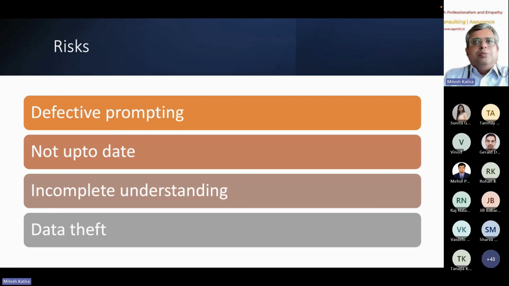रिस्क ऑफ डिफेक्टिव प्रॉम्प्टिंग, गलत प्रॉम्प्ट देने से गलत आंसर आएगा। नो अप टू डेट, sometimes the AI is not up to date. जैसे चैट जीपीटी फ्री जो है 3.5, वो सितंबर 22 तक अपडेटेड है। तो आप टैक्स लॉज या कोई भी क्रिमिनल सिविल लॉज या ऐसे कोई अपडेटेड बातों के विषय में पूछोगे तो उत्तर गलत आने की संभावना है, इनकम्प्लीट अंडरस्टैंडिंग होने की संभावना है और डेटा की चोरी होने की संभावना है।